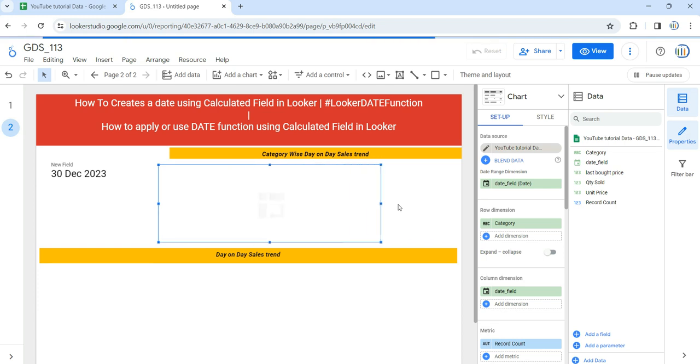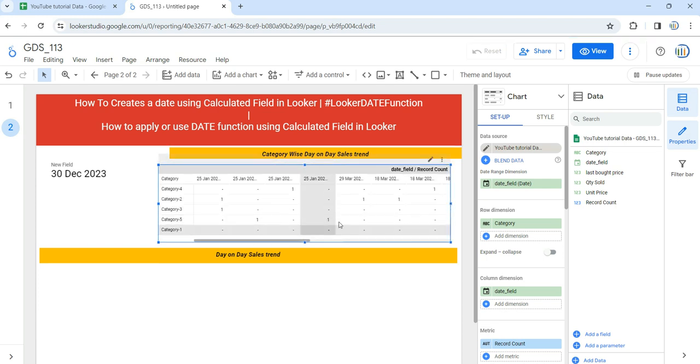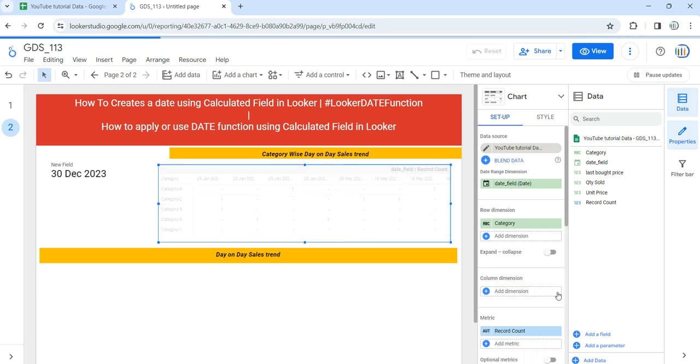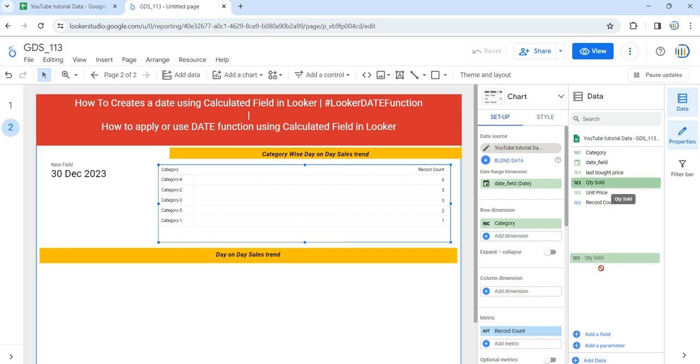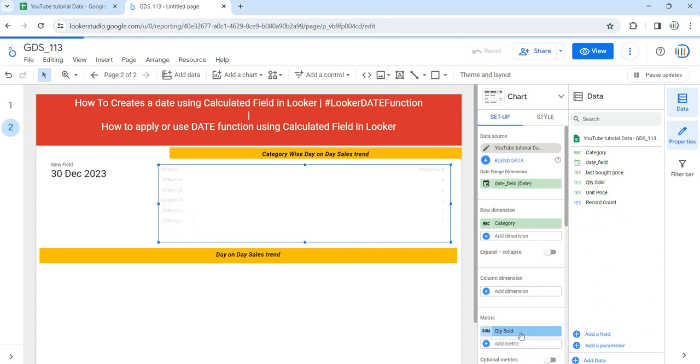Let me resize this pivot table, and by default you will see that the pivot table has taken category as your row dimension and column dimension as the date field. So I don't want this date field as a column dimension, so I'll remove it, and the metric as record count. So for the metric, what we can do is simply take this quantity sold directly over here,